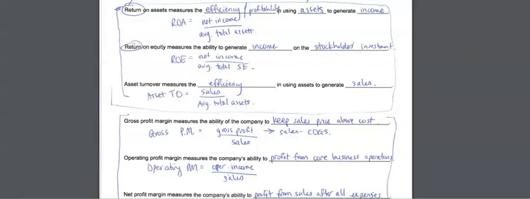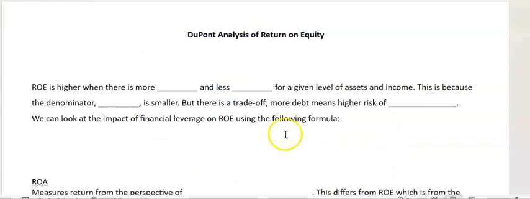What do you think? We recently looked at several different measures of profitability and efficiency that are typically used to analyze companies' performance, such as ROA, ROE, asset turnover, and net profit margin. In this video, we're going to look at how we can put these various measures together. And our starting point is